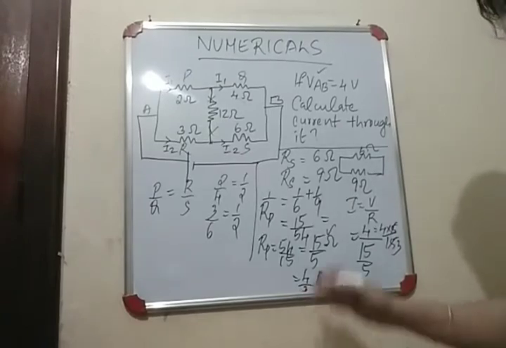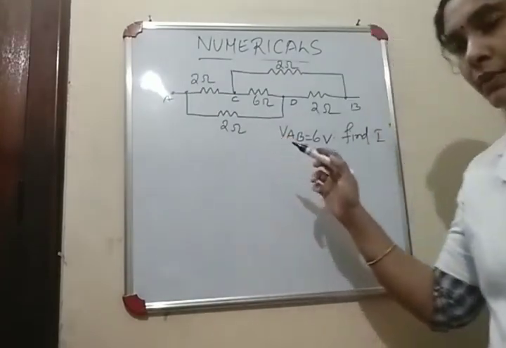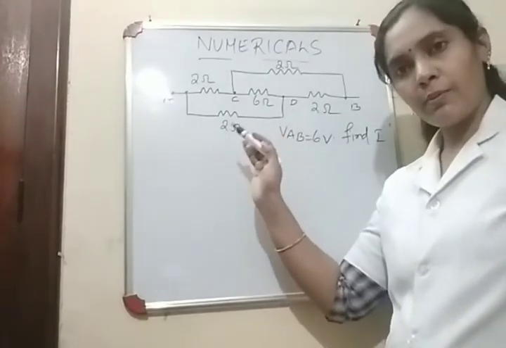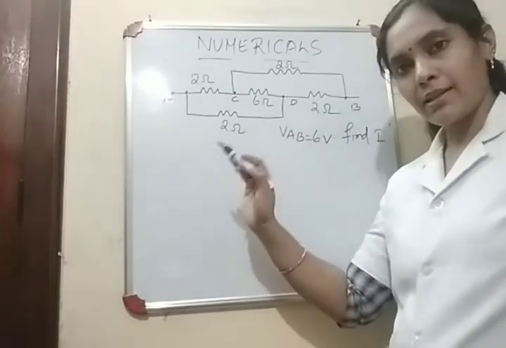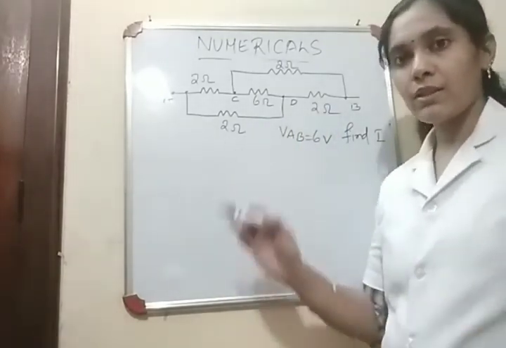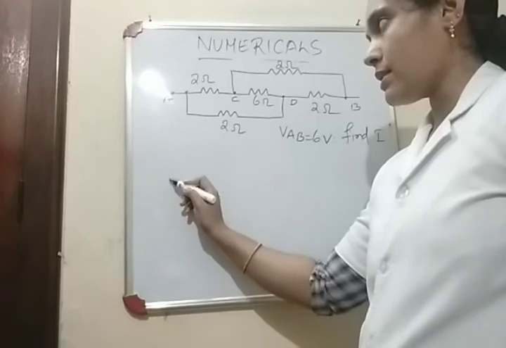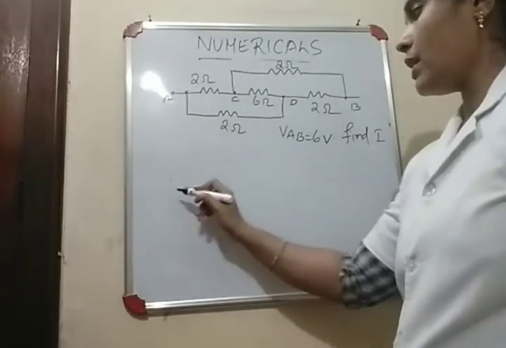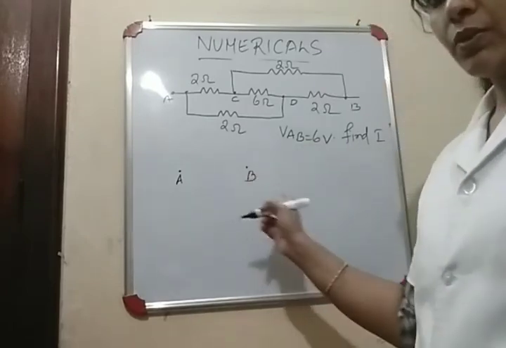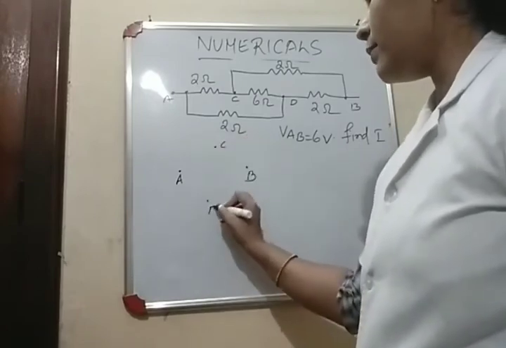If you want, you can take a screenshot of this and later you can copy it. Children, this is the next numerical, and whenever you see such type of circuit diagrams, you can confirm it will be a Wheatstone's bridge circuit, both for capacitors as well as resistors. So how will you modify the circuit to the Wheatstone's bridge circuit format? For that, we need to plot the points like this. Here we have different points A, C, D, B. Let the point A be here, let the point B be here, the two extreme points, and let C be here and let D be here.